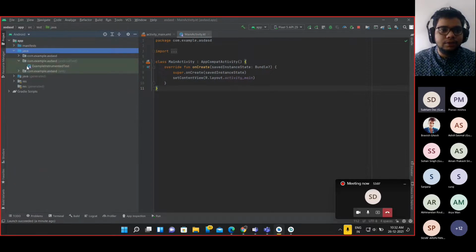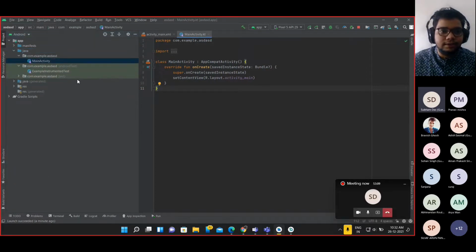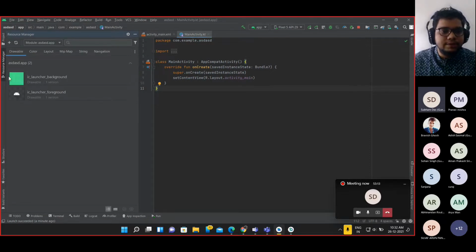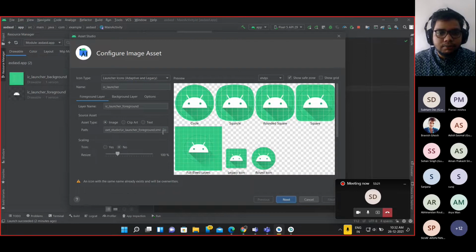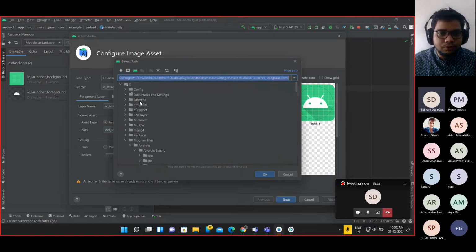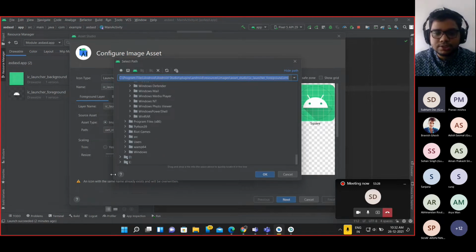Convenient for the things that you need would be within a few steps of your hand. Now you can go to the resource manager where you can add an image, and let's say click, and you can add an image asset, and you can browse from your directories and choose an image.